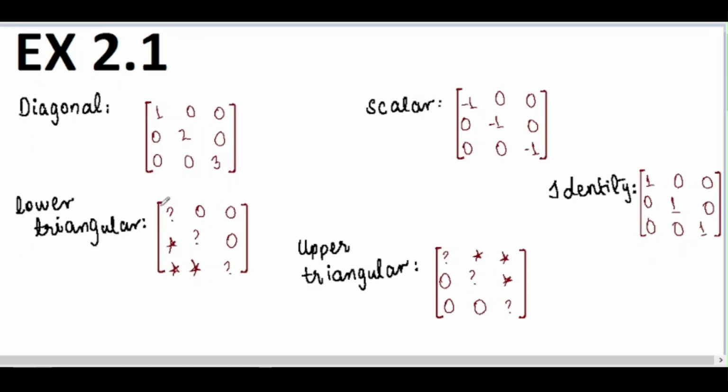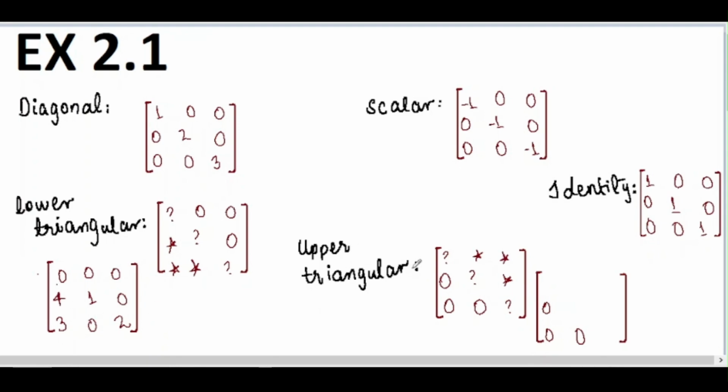Okay, so I'm going to write an example of lower triangular matrix over here. Now we know that any one of these 3 elements should be a non-zero, so I'm writing any non-zero number over here. For example, 1, it can be in this place or this place. The rest can be 0 or non-zero, but at least one non-zero element. I'm writing 1, 0 and 1. Now amongst these star elements, there should be at least one non-zero, so I'm writing a non-zero over here, and then these 2 can be 0 or non-zero depending upon my own choice, so I'm writing a 0 over here and a 4 over here.